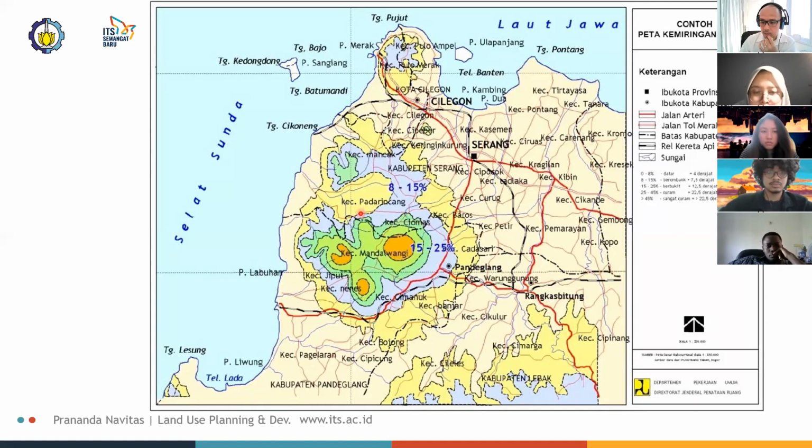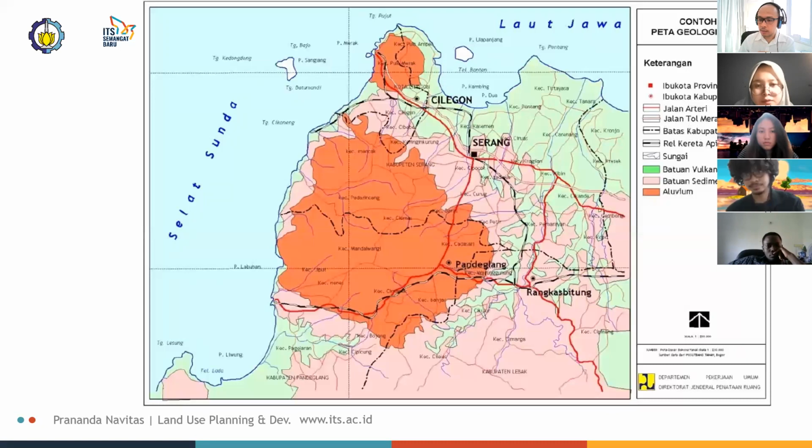outside this colorful region is relatively flat. So this is a sample of the geological map. As I mentioned before, one of the many data that you need to collect to determine land suitability is a